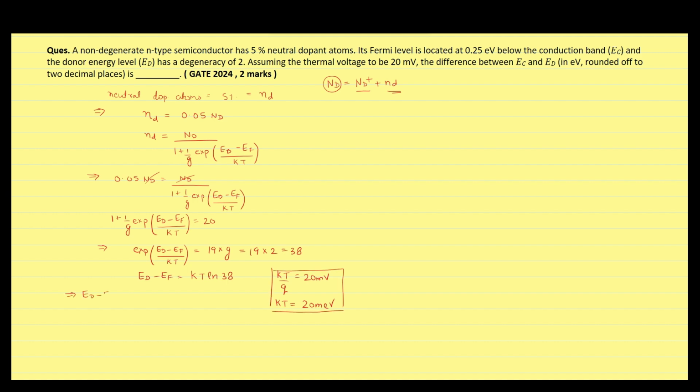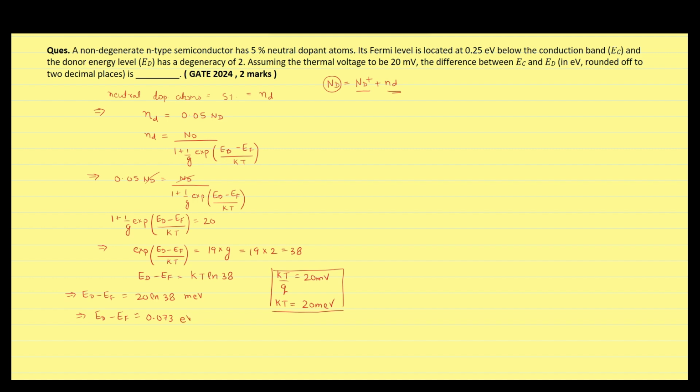Therefore, ED minus EF will be equal to 20 natural logarithm 38 milli electron volt. After calculating, we will get the value of ED minus EF to be approximately equal to